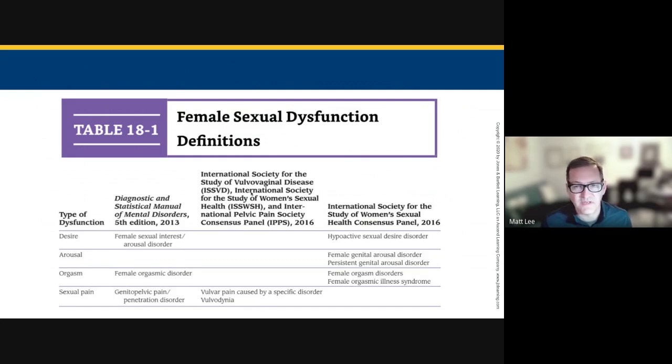We'll skip this because it really focuses just on vulvar issues. So it talks about vulvar pain and vulvodynia. In 2016, the International Society for the Study of Women's Sexual Health listed hypoactive sexual desire disorder, female arousal disorder, persistent arousal disorder, and orgasmic disorder. So you may hear different terms, and you may read about them in different textbooks. Usually they're going to use the DSM-5R terminology, but they cluster around these areas: desire, arousal, orgasm, and then pain. And that's a good way to think about it.